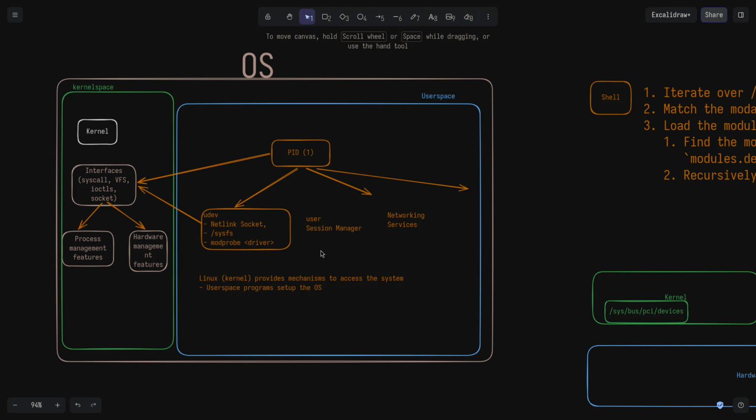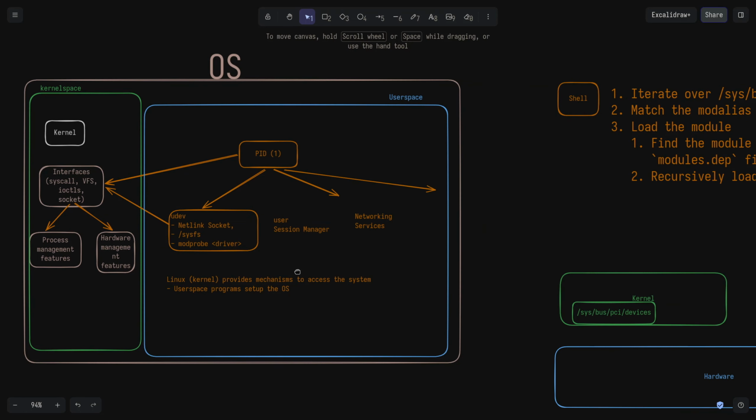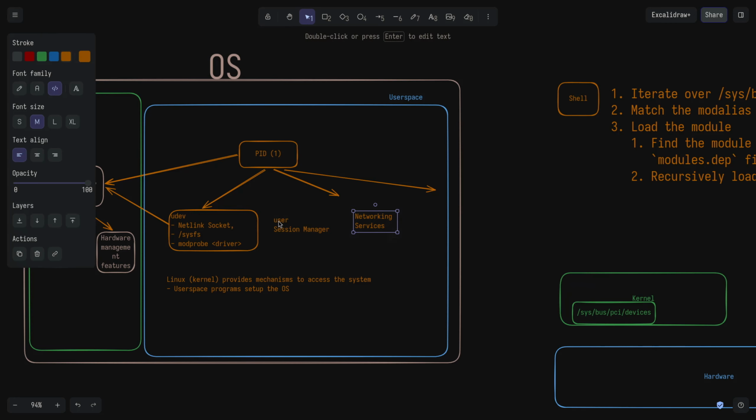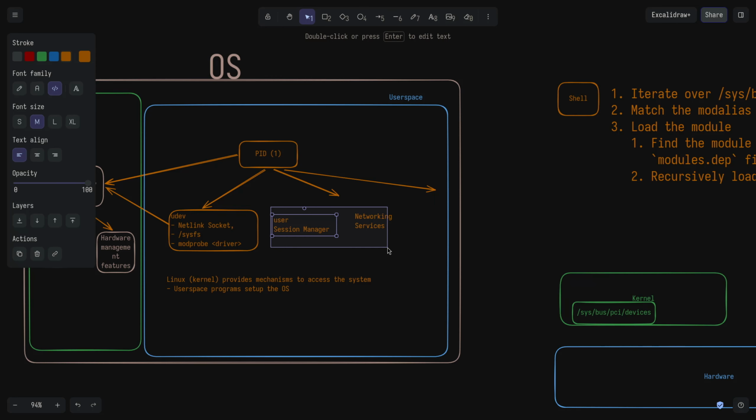Now this is it. We can say the system is ready for the actual applications to run, because the kernel was already ready, and then we also loaded the drivers, which is part of udev. So we have loaded the drivers as well. And now what we need is a session manager. Obviously, networking services can work without a user session manager as well, but we'll talk about the user session manager, networking services,